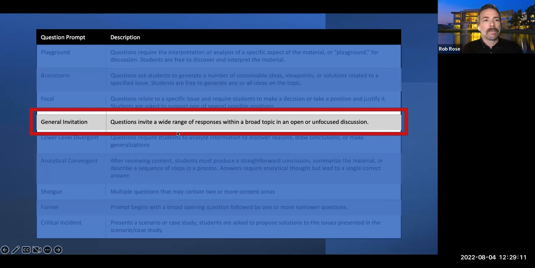This was how the description is read on the handout. So this might include a prompt like, tell me what stood out to you most from the textbook reading or the module videos this week, where it's just like, you tell me what was important, or what you found striking or interesting. Those types of prompts are not likely to lead to higher order thinking, depth of thought, right?